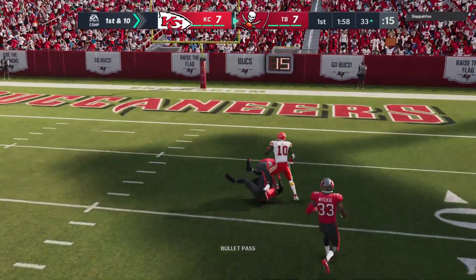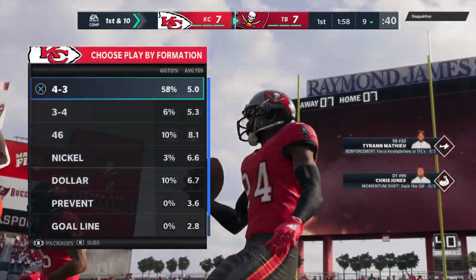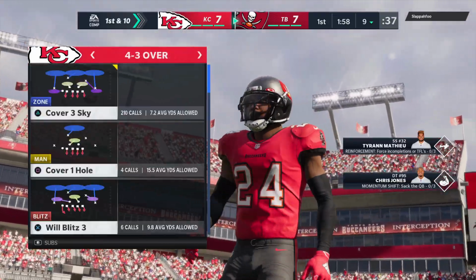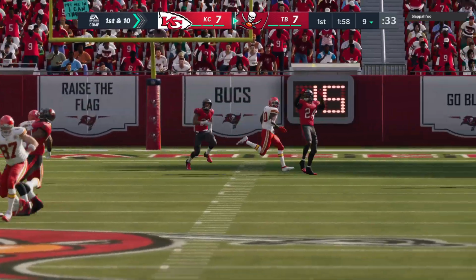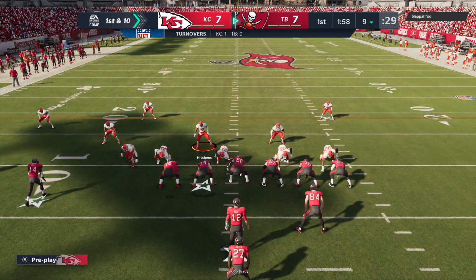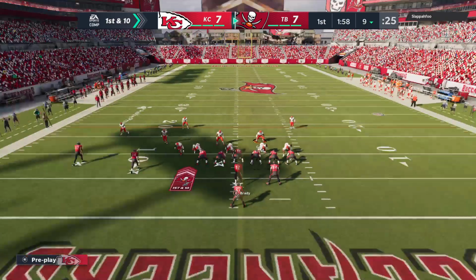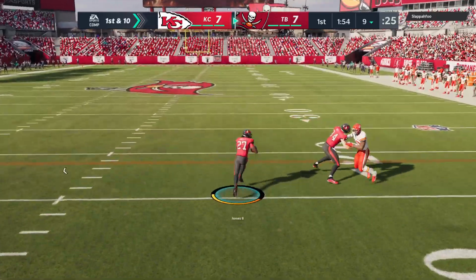Into double coverage, and it's intercepted. Carlton Davis picks it. And a big turnover there as his guys will get the football back. That throw, Charles, over the middle of the field, and a few too many bodies in there got picked. That's a normal situation, too, isn't it? No matter how hard you try and spread the field sometimes, there's always going to be a traffic jam, it feels like, towards the middle. And if there's any type of a missed throw...